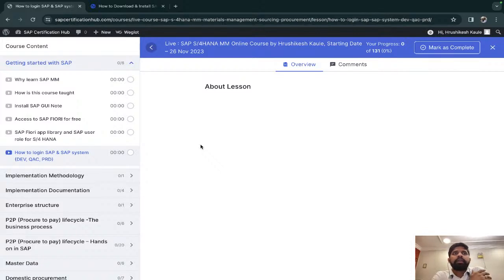Basically, in SAP, or any of the systems, if you want to understand, you must have heard, or if you are a fresher, obviously you don't know, there is a development environment, then whatever is developed, we have to test it.